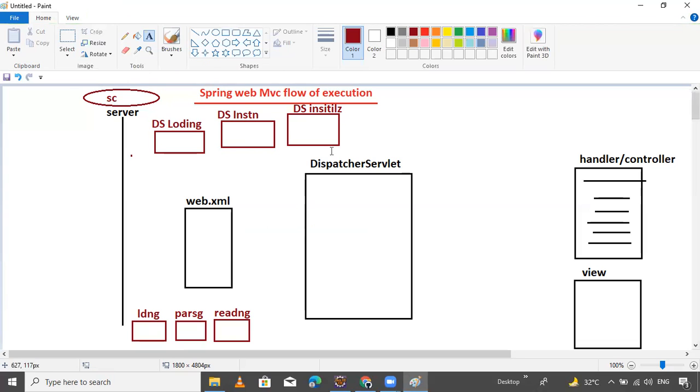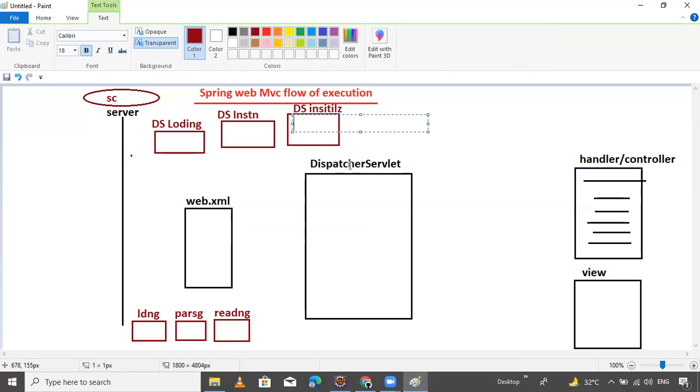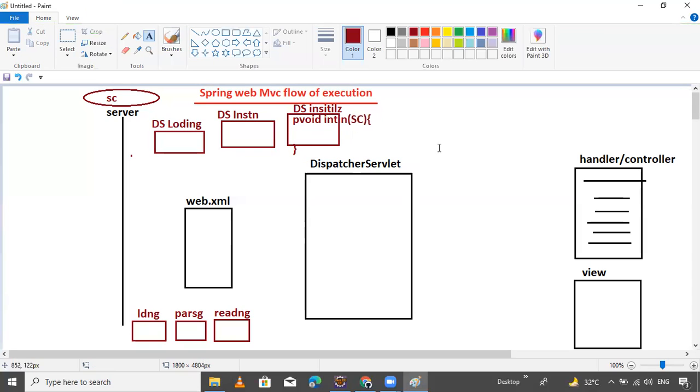Because one method exists inside it: public void initServletContext. This method is existed inside this.